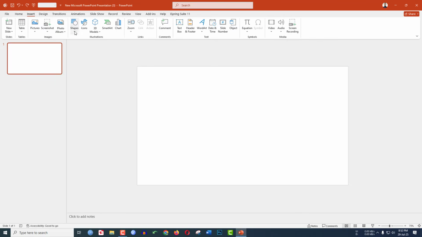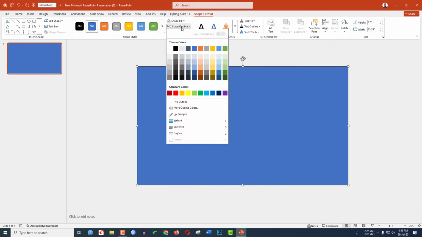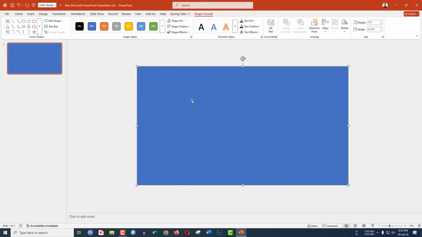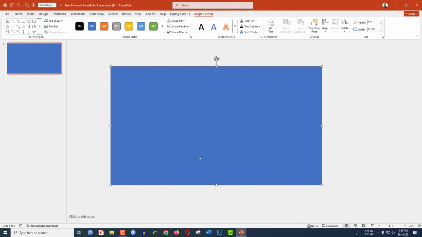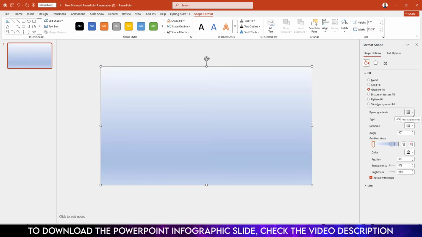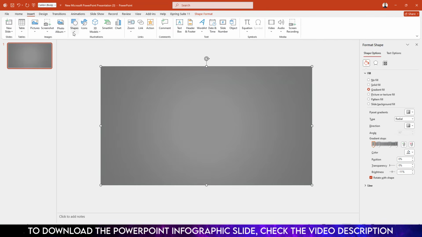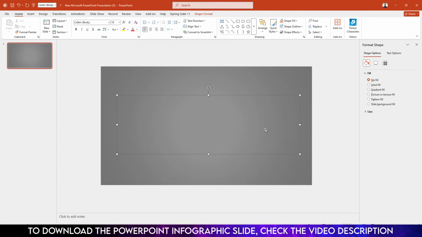Go to Insert, go to Shape, pick a rectangle shape and drag it over here and make sure it covers the whole slide. Go to Shape Outline, make it no outline. Right-click, go to Format Shape, go to Fill, go to Gradient Fill, select Preset Gradients and select this one. Now go to Insert, go to Shape, pick a text box and drag it over here and write